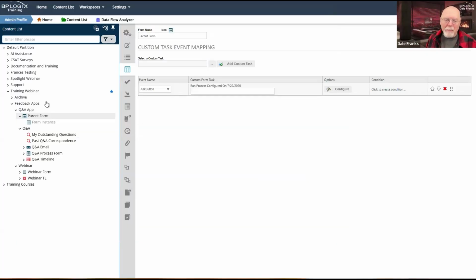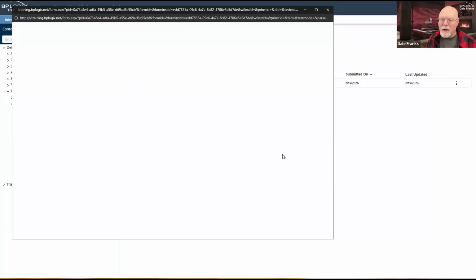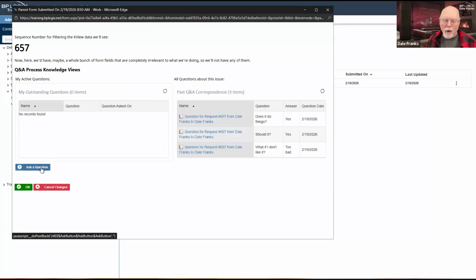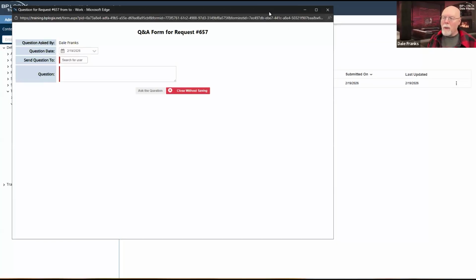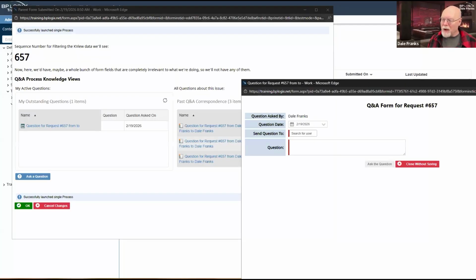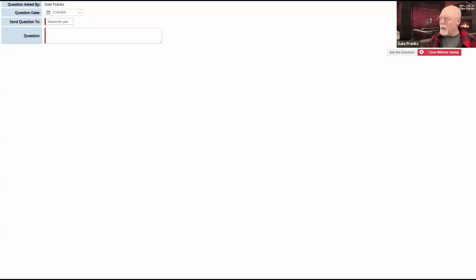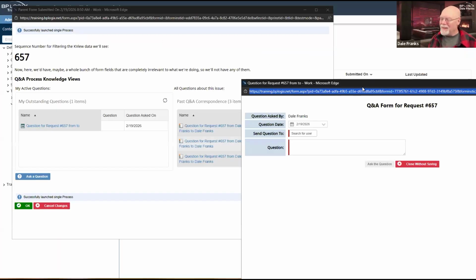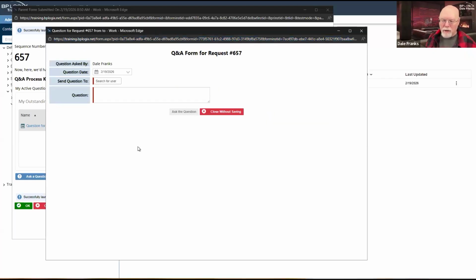So with this setup now, if I were to go back to my form instance and open it again and decided I wanted to ask another question, ideally what happens is I click the button, and when I do, the form opens. There we go. So now I've got my ask a question form. I haven't left my parent form, but I now have my, whoa, I didn't mean to do that. I just meant to move it. I now have my ask a question form, and I can go ahead and ask the question that I need to ask of whoever I need to ask it to.